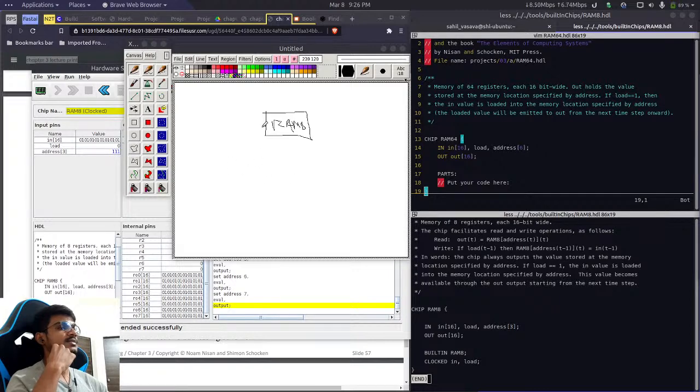So we can apply the same logic. We can use 8 of these RAMs, and we can directly provide the 16-bit input